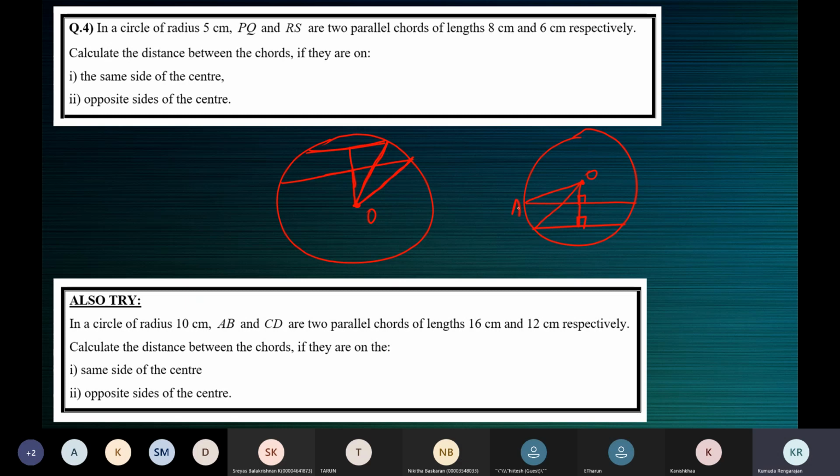So if you name, it's given PQ and RS, right? The longer chord will be closer to the center. So PQ will be closer to the center. PQ is 8 centimeters. If we call these points M and N,